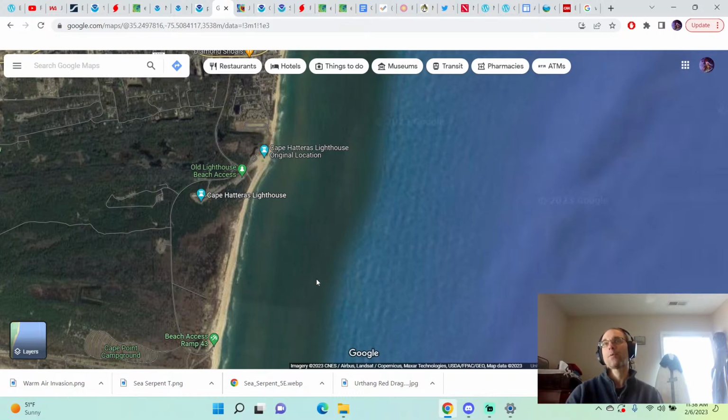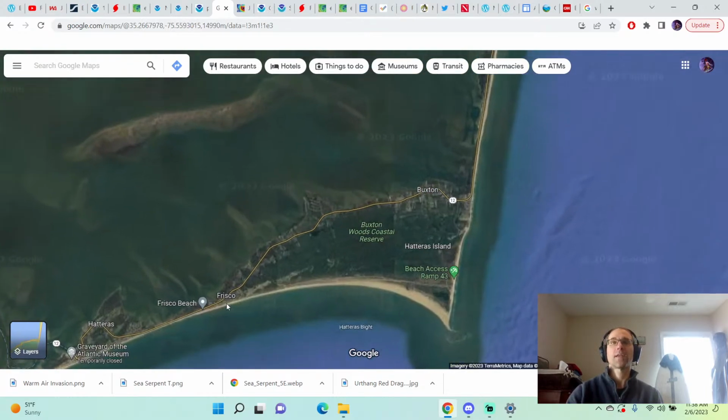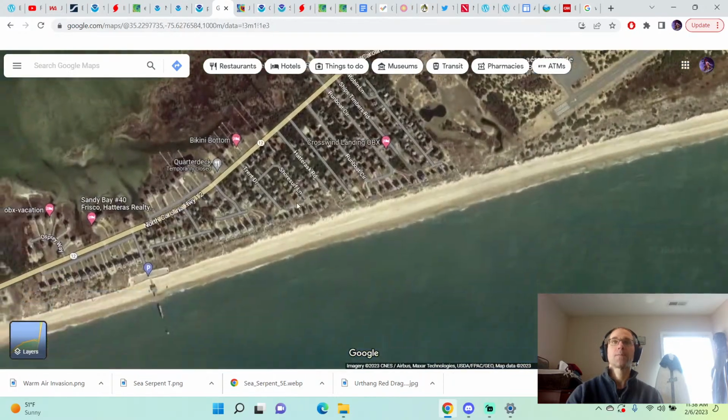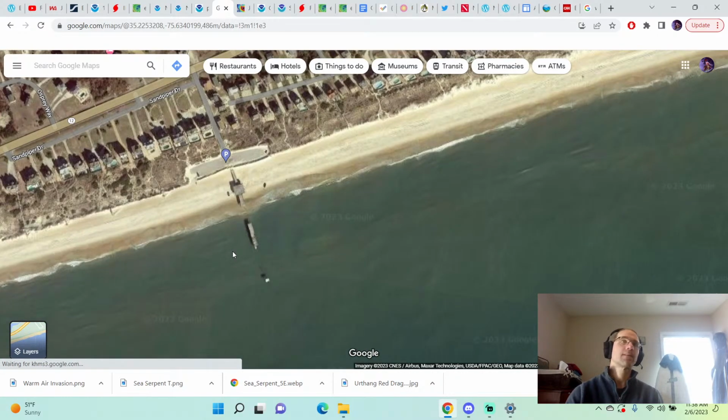And we're going to do a number 4 observation from Frisco. So we're going to turn right on Route 12 and head on down to Frisco. And we're going to go down to Frisco Pier. And we find that waves at Frisco, Frisco's our big wave spot for today, are in the range of 2 to 4 feet with a primary swell coming in at 7 seconds, secondary swell